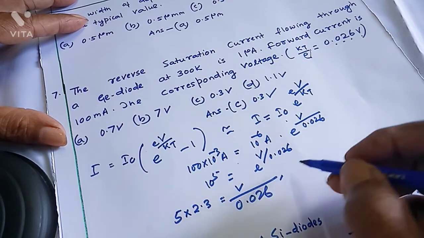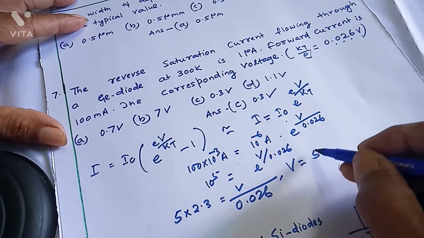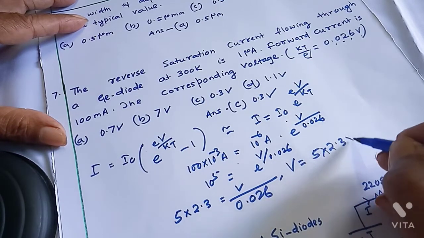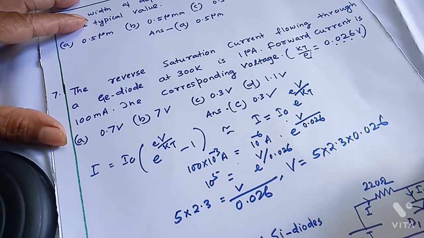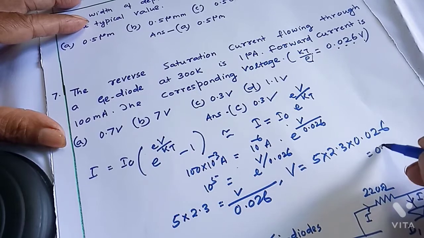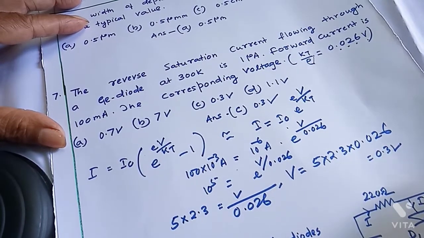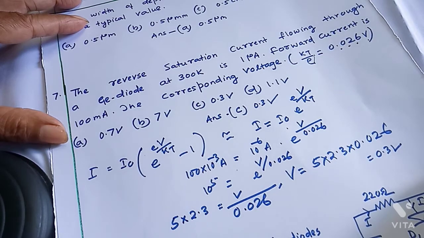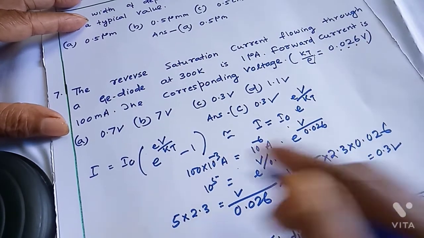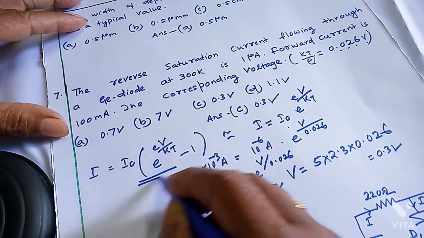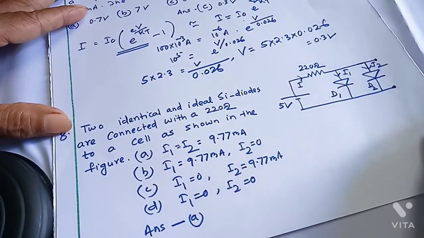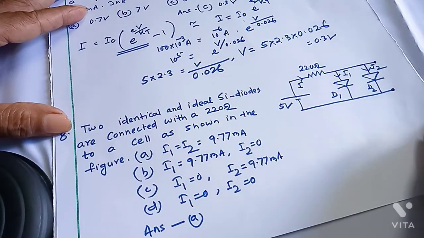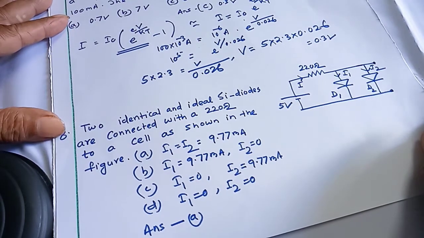0.026, or V equal to 5 into 2.3 into 0.026. On simplification, this comes to 0.3 volt. So the correct choice is answer C. This is a very important question and this formula is very important. This is the diode equation. Next question is, two identical and ideal silicon diodes are connected with a 220 ohm resistor